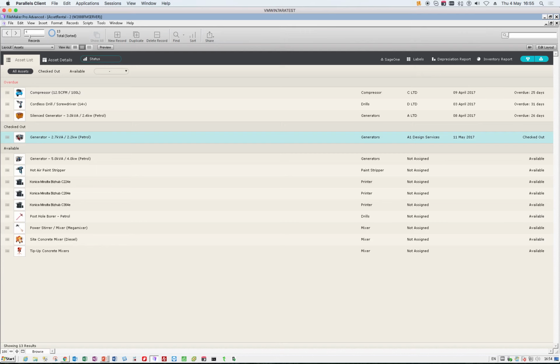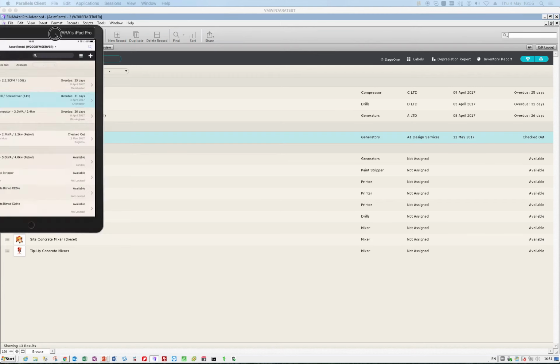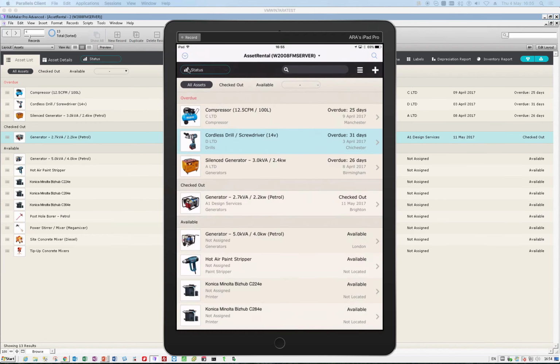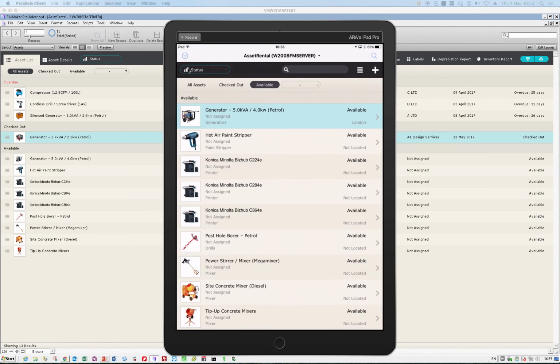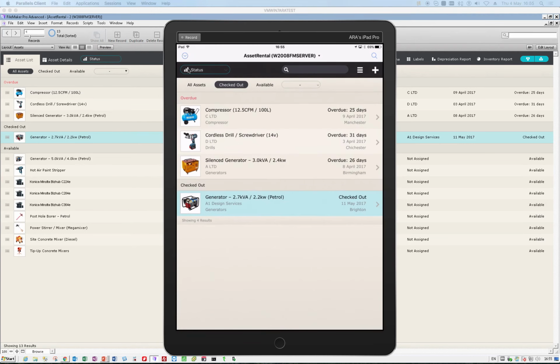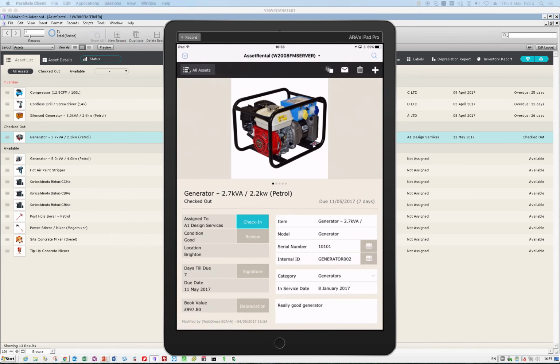So let's go and have a look at that now on an iPhone. So here's my iPad. If I go and bring that over here, there we go, that's what that looks like. So again, I've got exactly the same applications at the top. I've got the ones that are checked out, I've got the ones that are available. So if I look at, for example, my checked out one, I've got the generator here, and what I can do is I can then go and check that in,